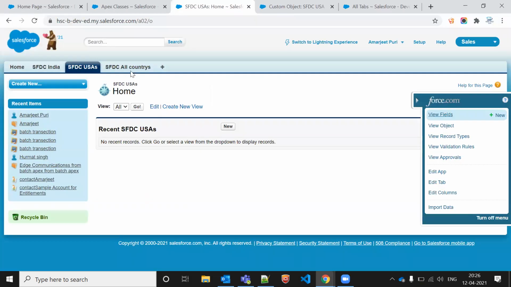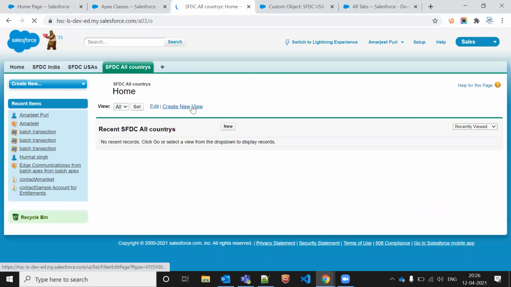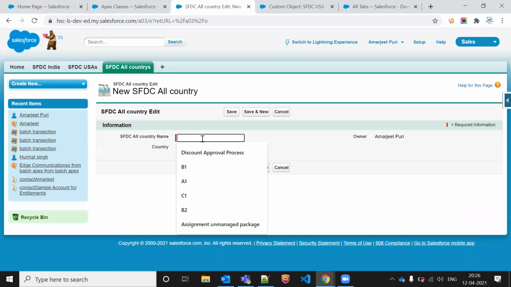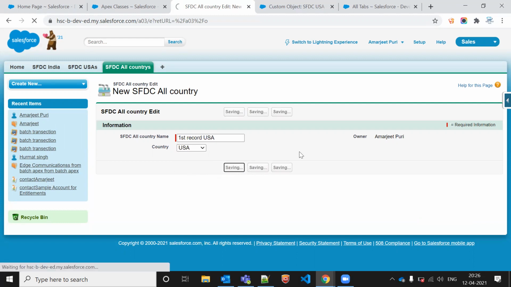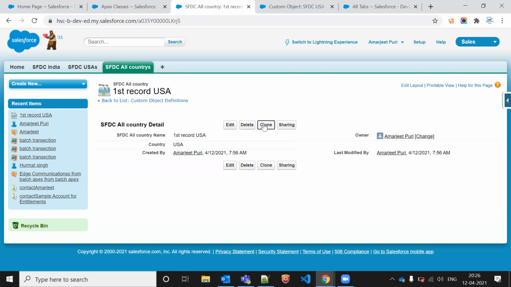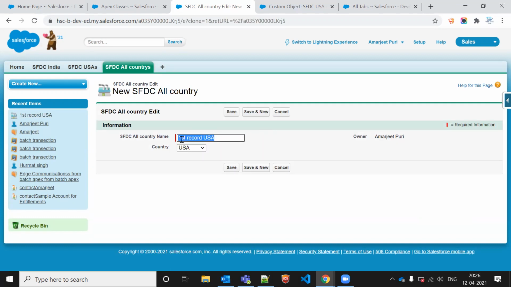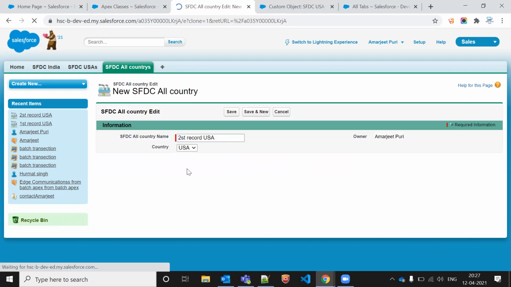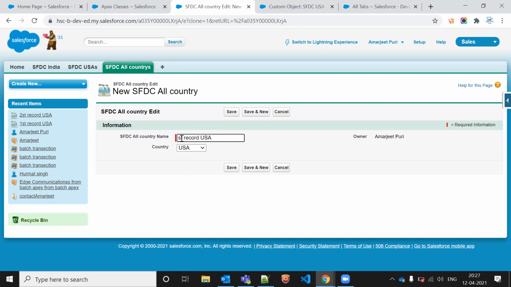So let's try to understand first. We have to create a few records in this database. Let's say first record, something like this, USA. Second record, third record.